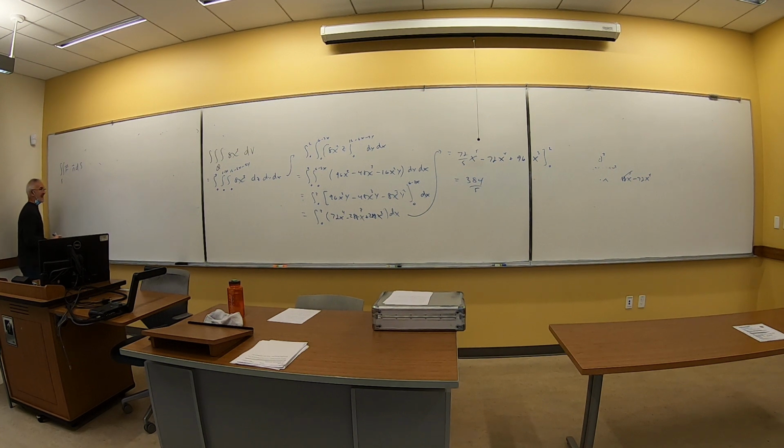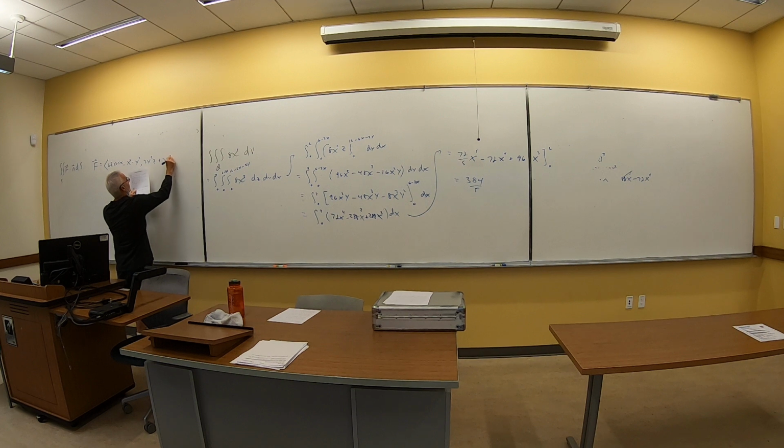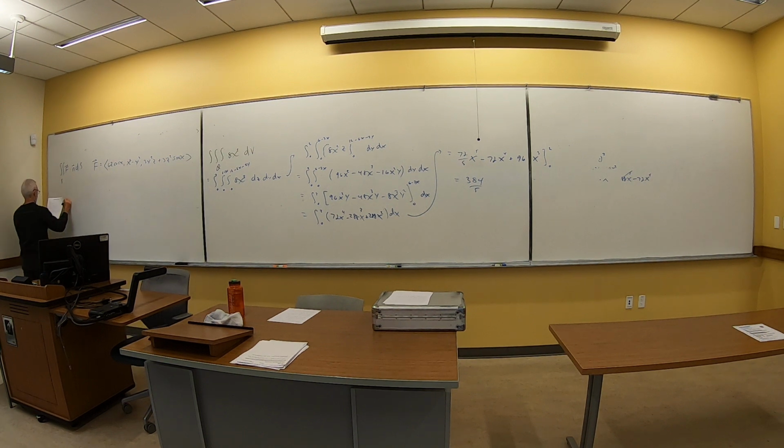So without even saying it, you're asked for the flux. That's what this is. Cosine x squared minus y cubed, 3y squared z plus 3z squared sine x. And my surface